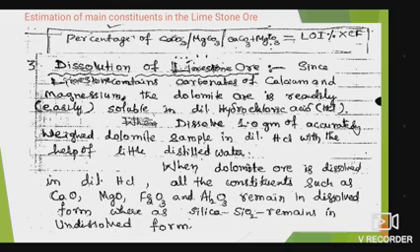Dissolution of the limestone ore. Since limestone contains carbonates of calcium and magnesium, the dolomite ore is readily soluble in dilute hydrochloric acid. Dissolve the 1 gram of accurately weighed dolomite sample in dilute HCl with the help of a little distilled water. When dolomite ore is dissolved in dilute HCl, all the constituents such as CaO, MgO, Fe2O3 and Al2O3 remain in the dissolved form, whereas the silica, SiO2, remains in the undissolved form.